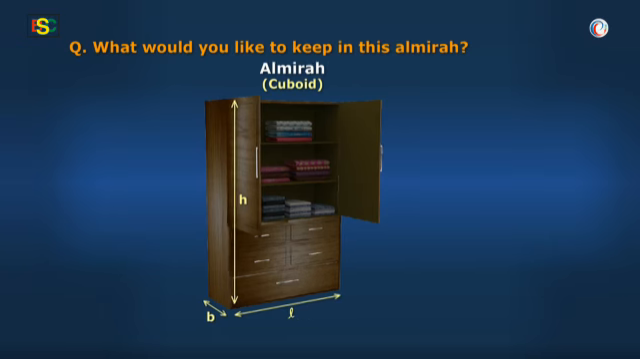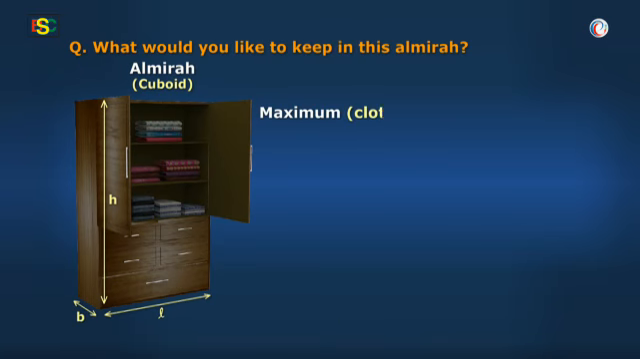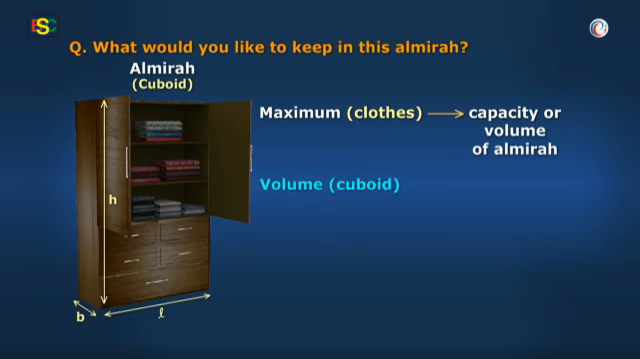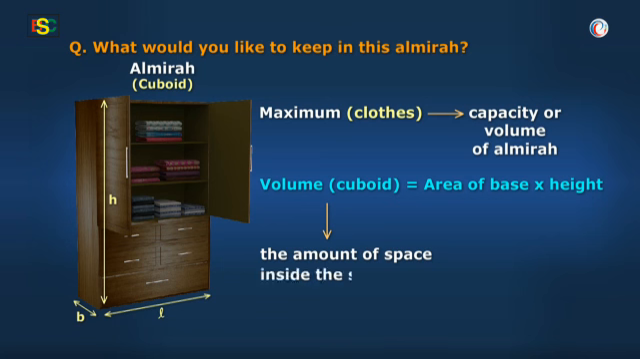Okay. Vidya, you know the maximum number of clothes that you can put in an almirah depends on the capacity or volume of this almirah. Thus, we determine the volume for all the 3D solid figures as area of base into height. It means volume is the amount of space inside the solid figure. Yes, since almirah is a cuboid-like shape,